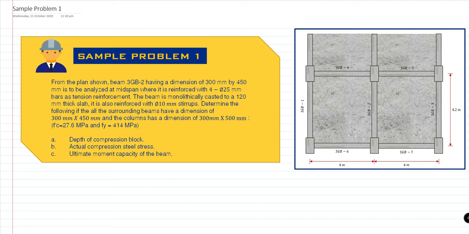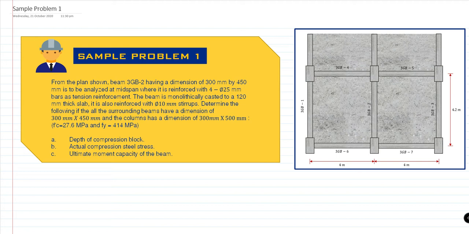all the surrounding beams have a dimension of 300 mm by 450 mm and the columns have a dimension of 300 mm by 500 mm. So the f'c is 27.6 megapascal and fy is 414 megapascal. So we have to determine the depth of compression block, the actual compression steel stress, and the ultimate moment capacity of our beam. So, una nating gawin is to check the clear spacing of the 4 diameter 25 mm bars